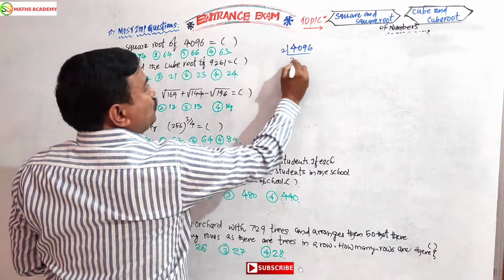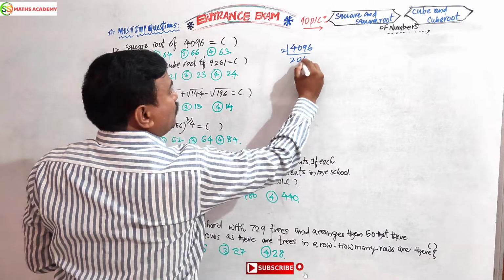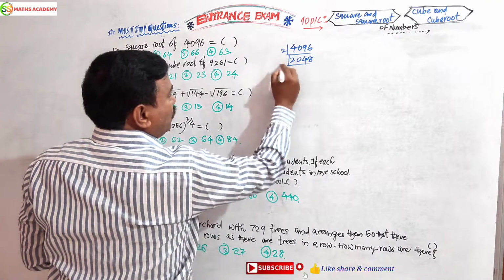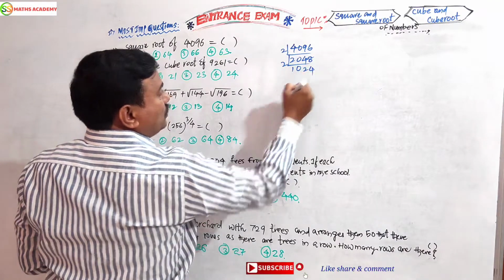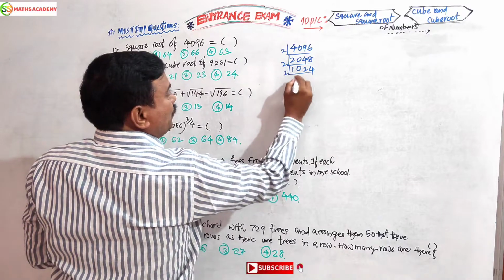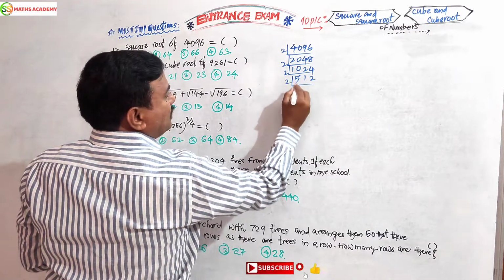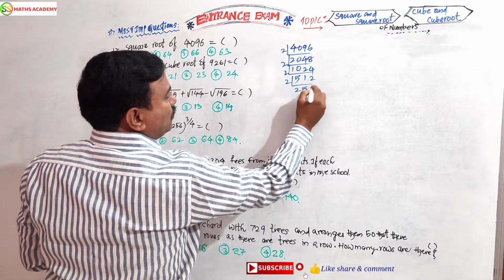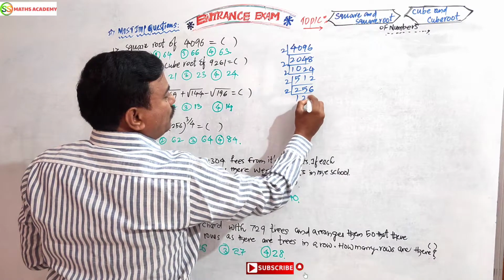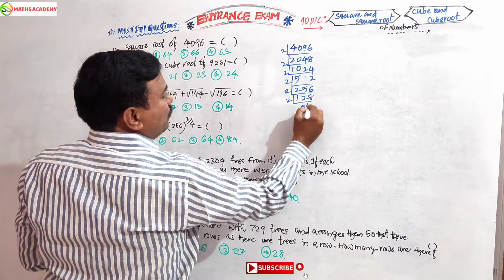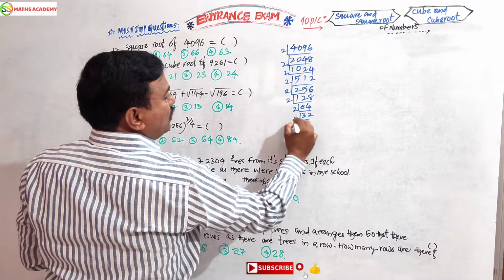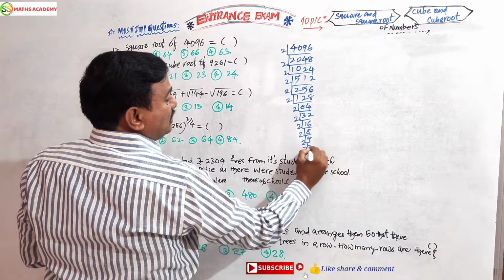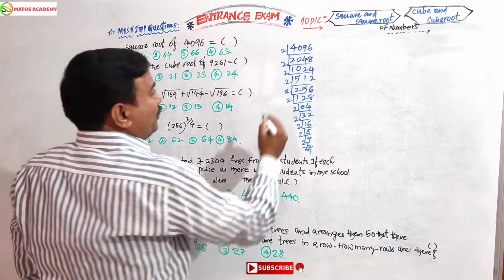Here, 2 twos are 4, 2 into 0 is 0, 2 fours are 8, 1 remainder 16, 2 eights are 16. Then we follow it, 2 ones are 2, 2 twos are 4. 2 fives are 10, 2 ones are 2, 2 twos are 4, 1 remainder, 11. 2 fives are 10, again 1 remainder 12, 2 sixes are 12. 2 ones are 2, 2 twos are 4, 2 eights. Finish. Now, how many twos?